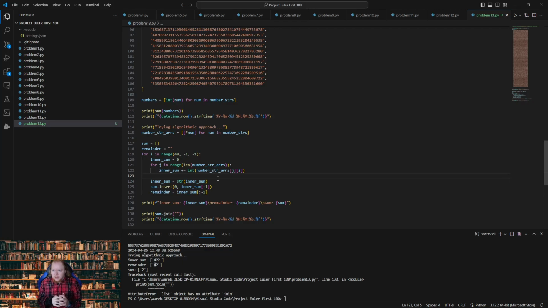Let's see. Tackling the easier part first, which is just get the very last part of the remainder, convert it to an integer. So inner sum plus equals